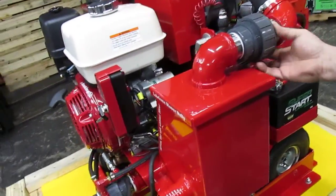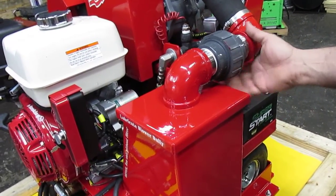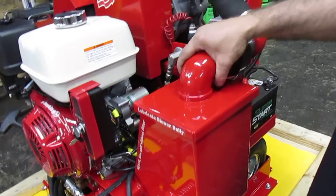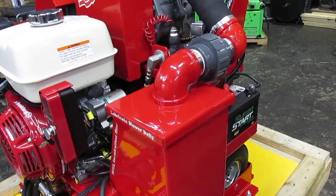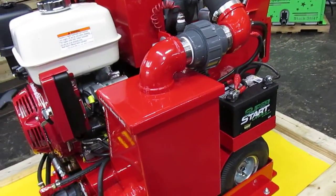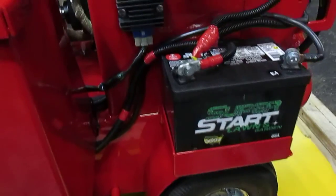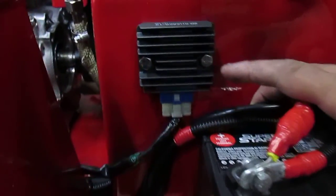As far as tying it, just put the top back on. It doesn't need to be super tight, just kind of snug, because after all, the suction will pull it together. It is flexible, allowing the top of the filtration box to create a seal and give the operator a phenomenal type of suction. To the far right, you have a couple of devices. This is an everyday battery, which gets charged by the alternator in the engine. Right next to it is called a rectifier or